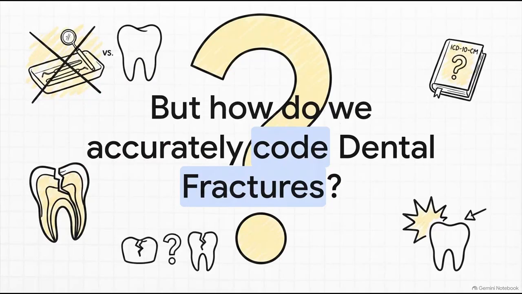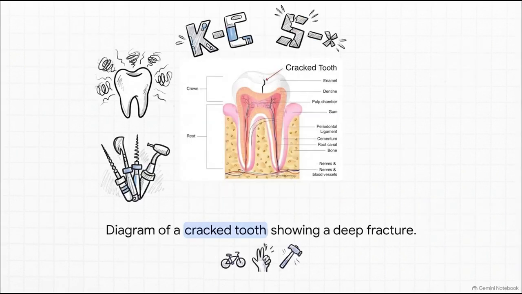So we know how to handle the routine follow-ups and cleanings. But what happens when a patient comes in with severe dental trauma? Dental fractures can be incredibly tricky to code because of all the variables. Was it a restoration that broke, or the natural tooth itself? Was it due to some sort of trauma? A deep fracture line running right through the enamel and into the dentin causes severe pain and requires really complex